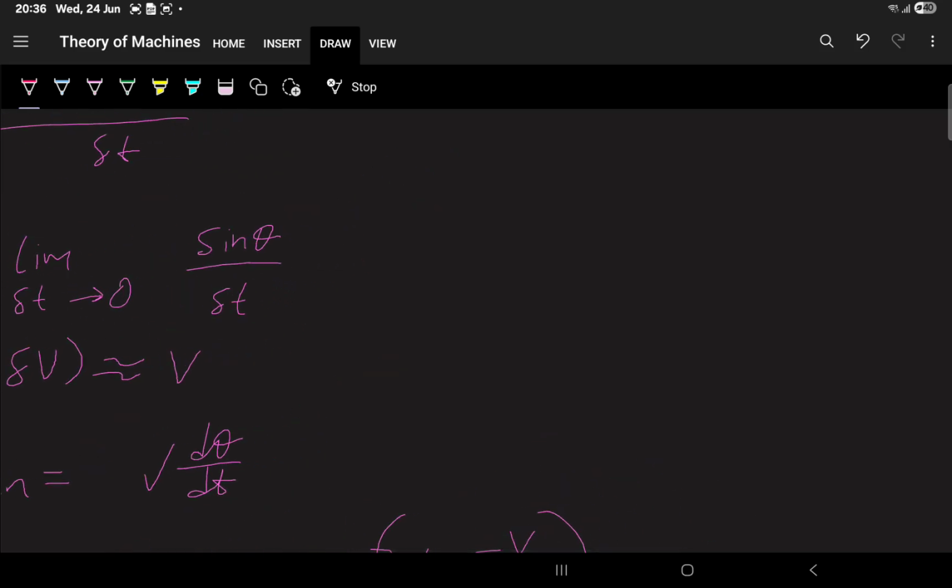So let me just take out a little time to show what happened right here. What happened right here is I took the limit as change in t approaches 0, v plus change in v is out here, so sine,